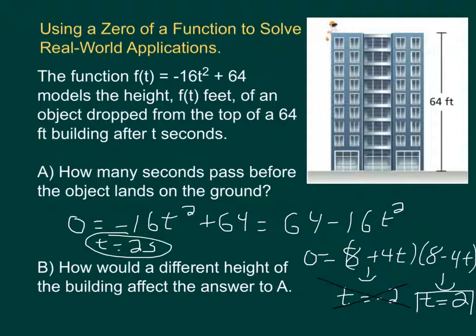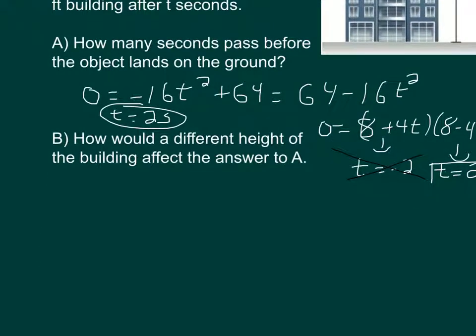Alright, so then we can look at another question here, which is how would a different height of the building affect the answer to A? So let's say the building was actually above 64 feet. What that means is that it's going to have a different form of the equation, right? Our function would be f of t equals -16t squared. Now we're shifting it up, so we're going to be increasing it by a larger number. So maybe we say plus 80 feet. Well, if that's the case,